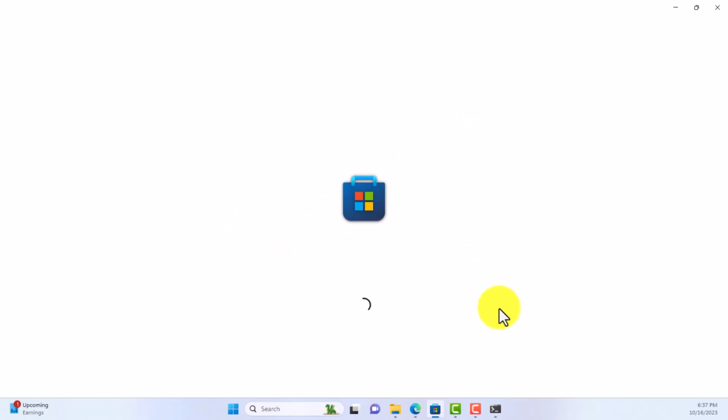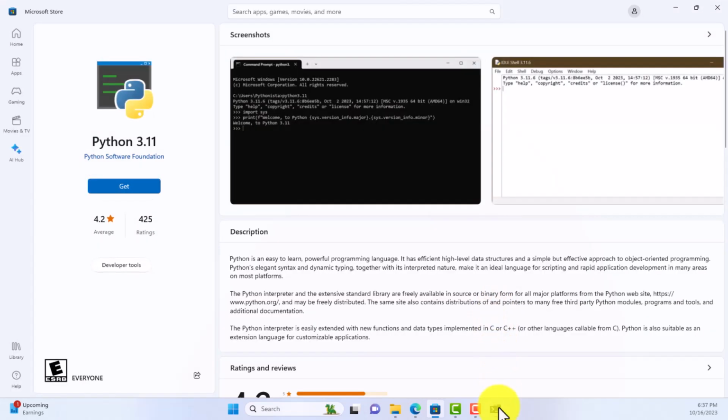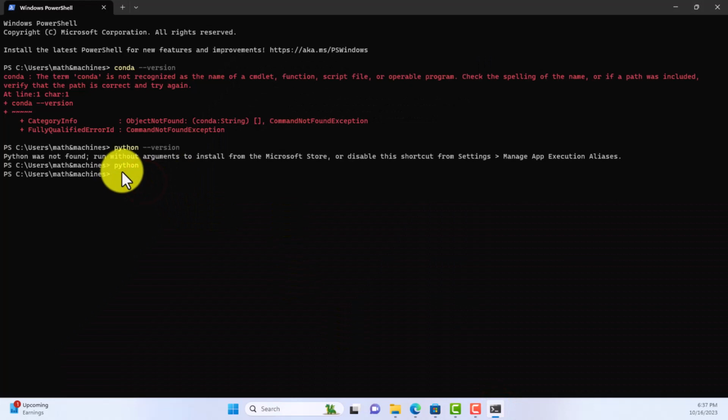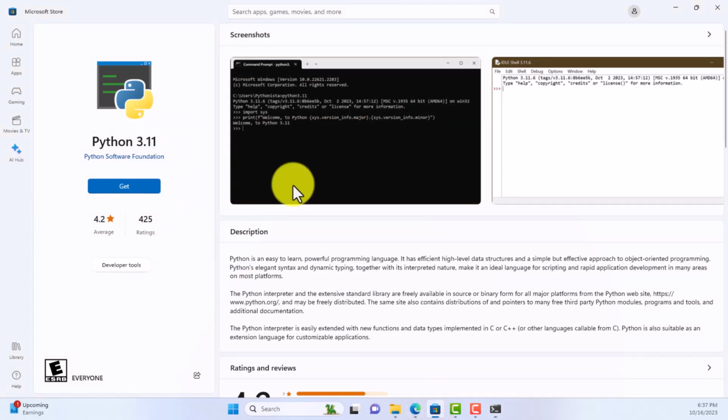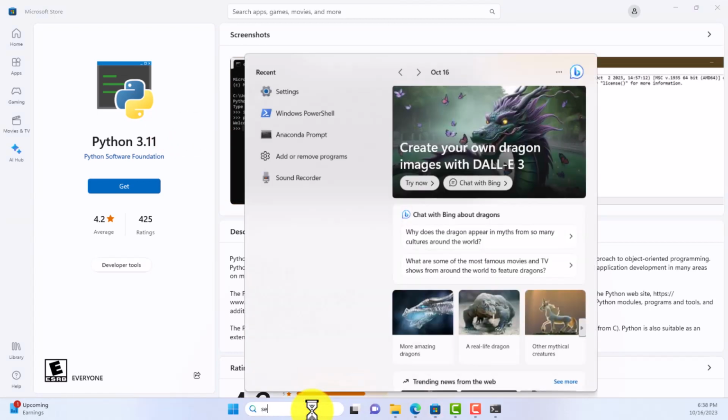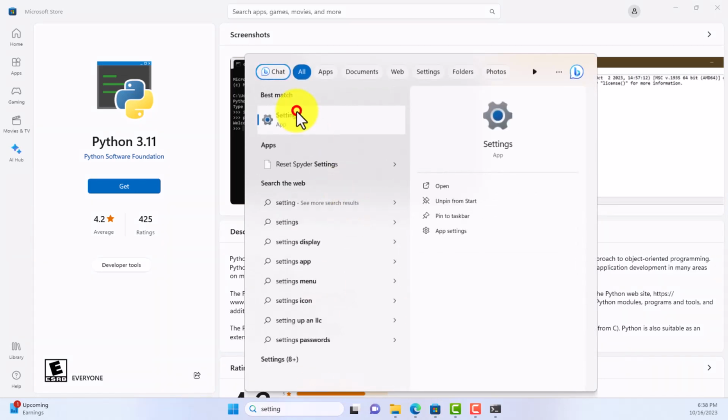So this is one of the new things added in Microsoft, where initially what used to happen is if you type python, it will give you the exact same error that we got here, telling us that it is not recognized as the name of a commandlet, function or script file. But in this case, it is redirecting us to this Microsoft Store so we can download it from there. Obviously, we won't do that. Also, we want to disable this feature so it doesn't conflict later when we add our Python location to our path variable. So in order to do that, let us go to settings